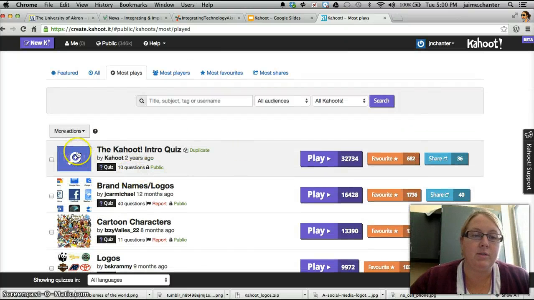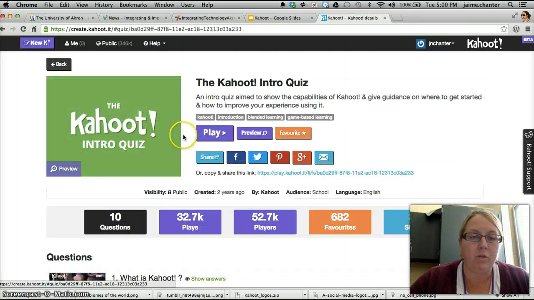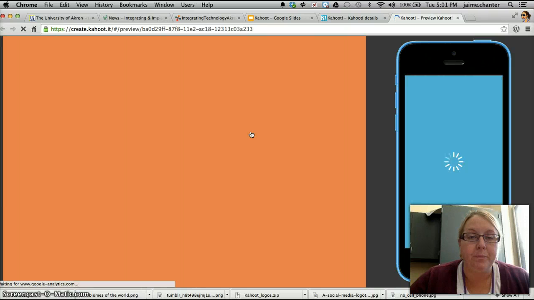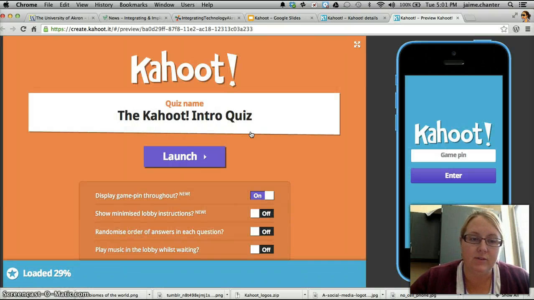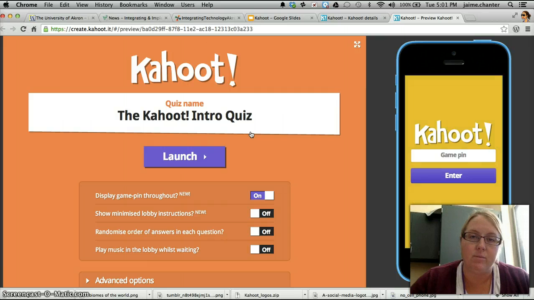The one feature I really like is that you can preview the quiz rather than just playing it. When you preview it, you click over there on the preview, the little magnifying glass, which opens up this window, and you can click here to preview. This gives you the exact experience that the students will have, but you don't have to go through the business of getting a different device and entering it, and you'll see what I mean as we go along. I'm going to turn off the music now